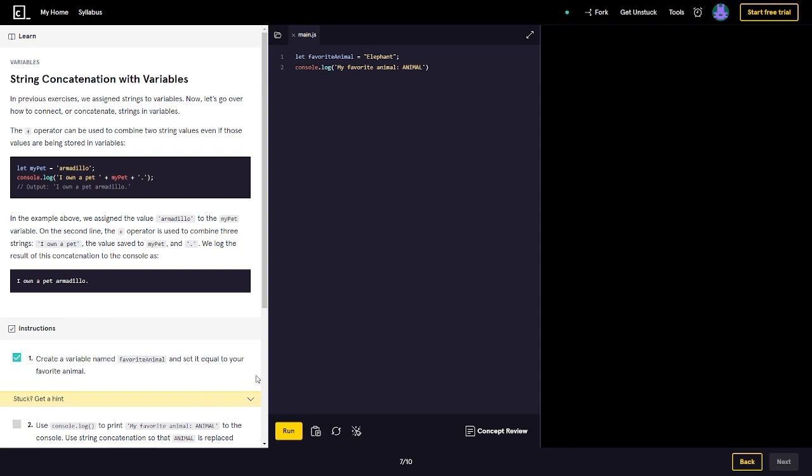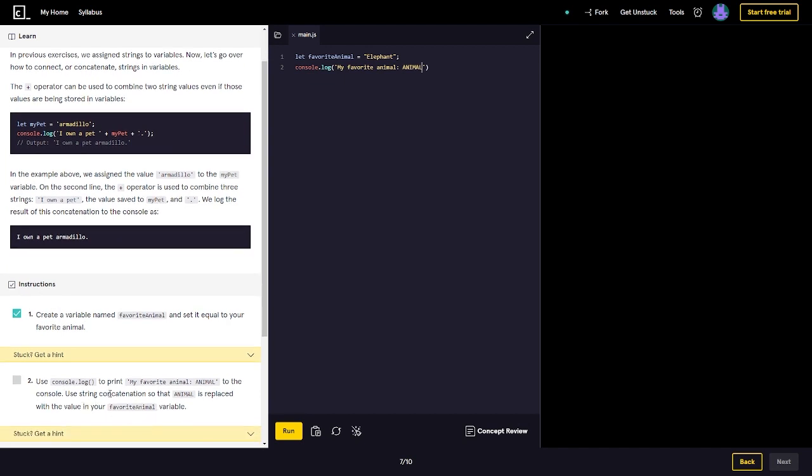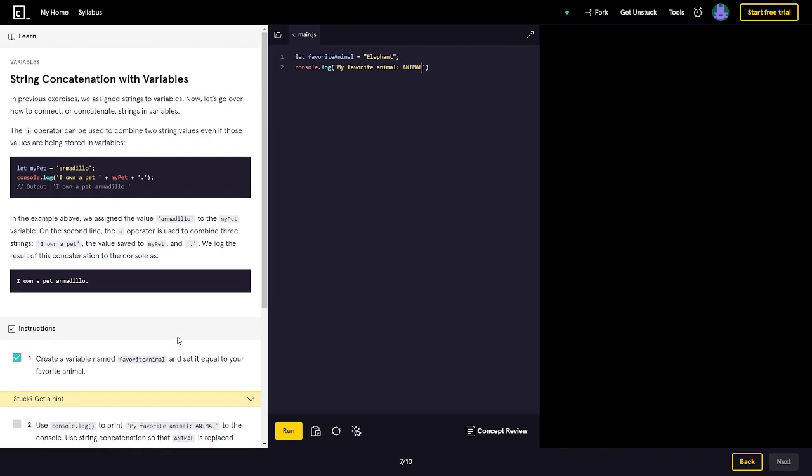My favorite animal. Use string concatenation so that the animal is replaced with the value in your favorite animal variable. So if we do it like this, then it should be my favorite animal, and then we should do plus favorite animal plus,